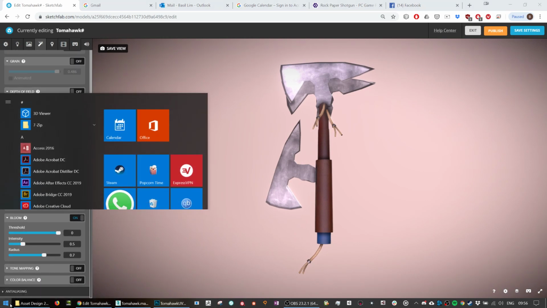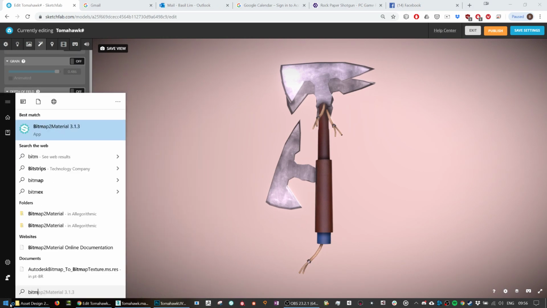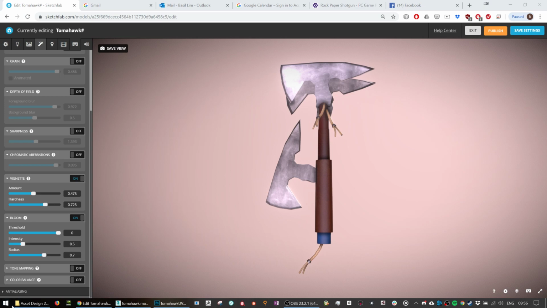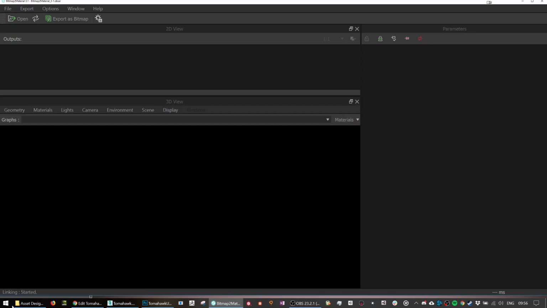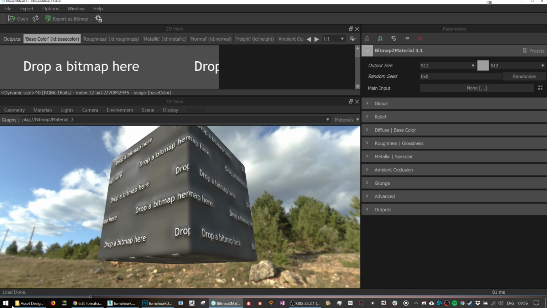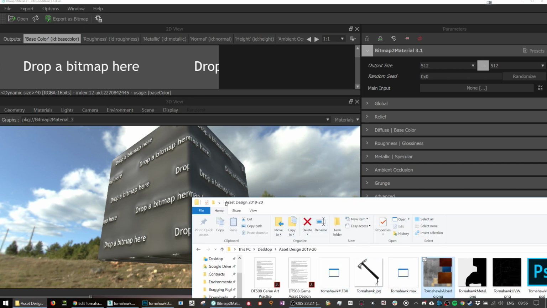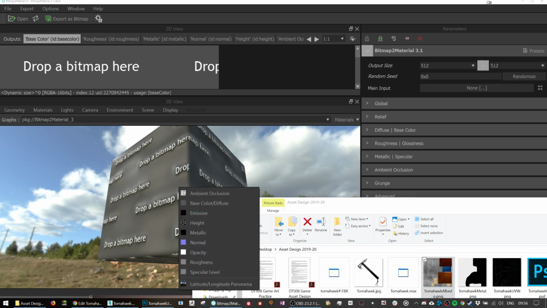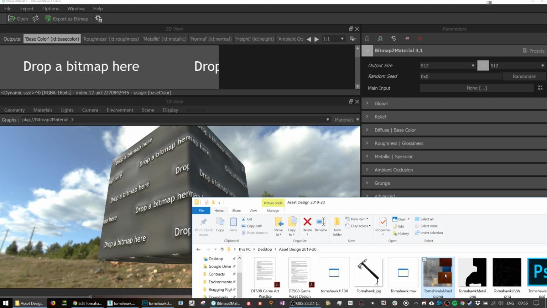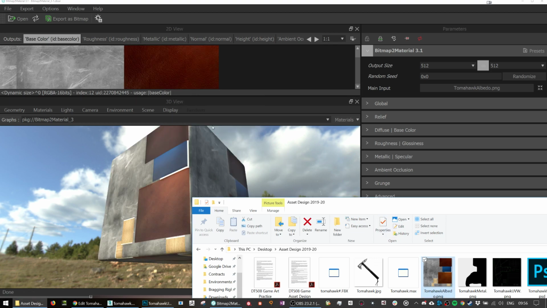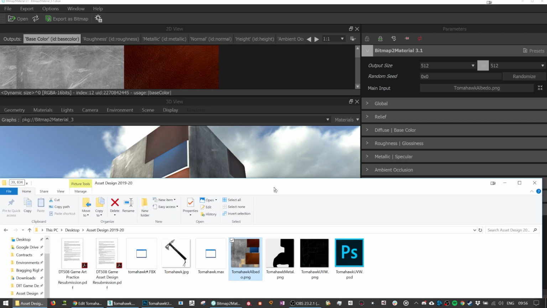Actually, let's make a normal map really quickly. So on the same, you downloaded Substance Designer and Substance Painter, right? Okay. You also get this thing called Bitmap to Material. We don't really need it most of the time, but I can use it for this one. I'll just show you quickly. You just add a bitmap, let's put it onto here. Load into main input. And then we can go to normal map,